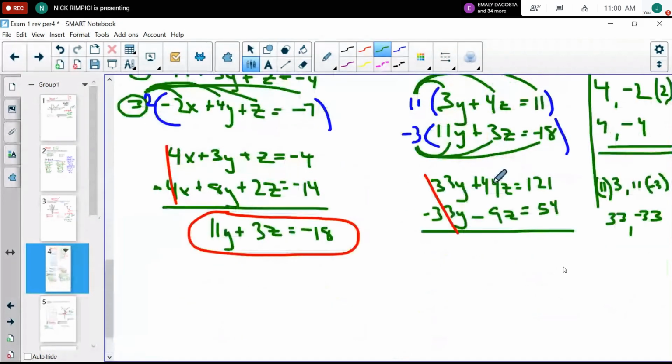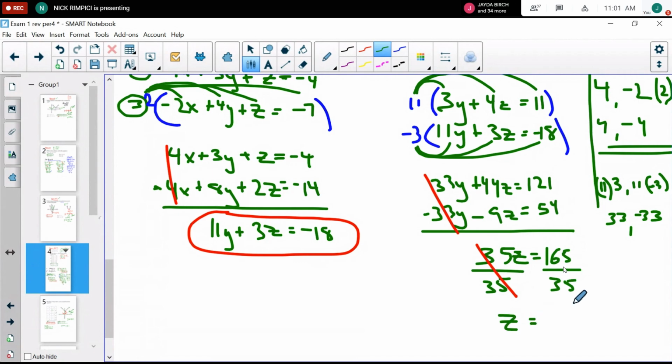If we put 44z minus 9z, I believe that's 35z. Right, 44 minus 9 is 35. And over here, 121 plus 54 is 165. And then to get z by itself, just divide 35 on each side of the equation, which will cancel that out. And then 165 divided by 35. I believe that's,